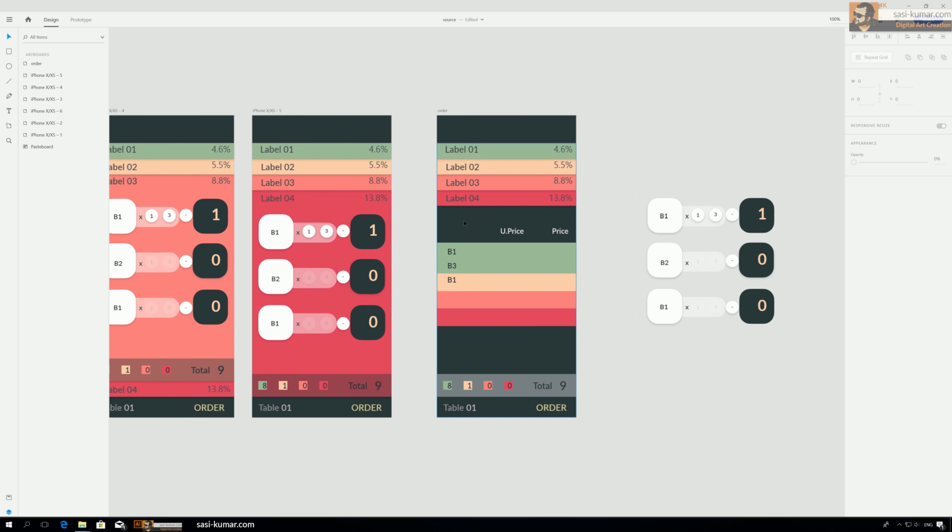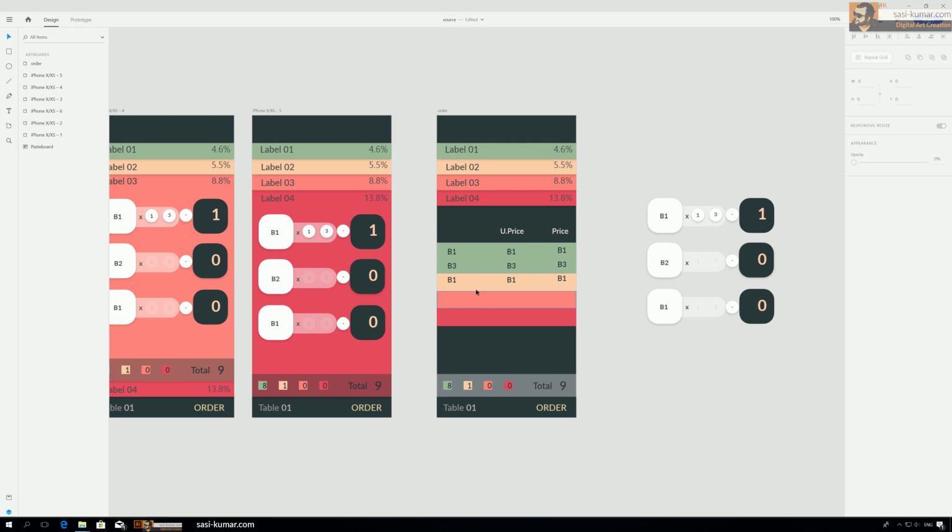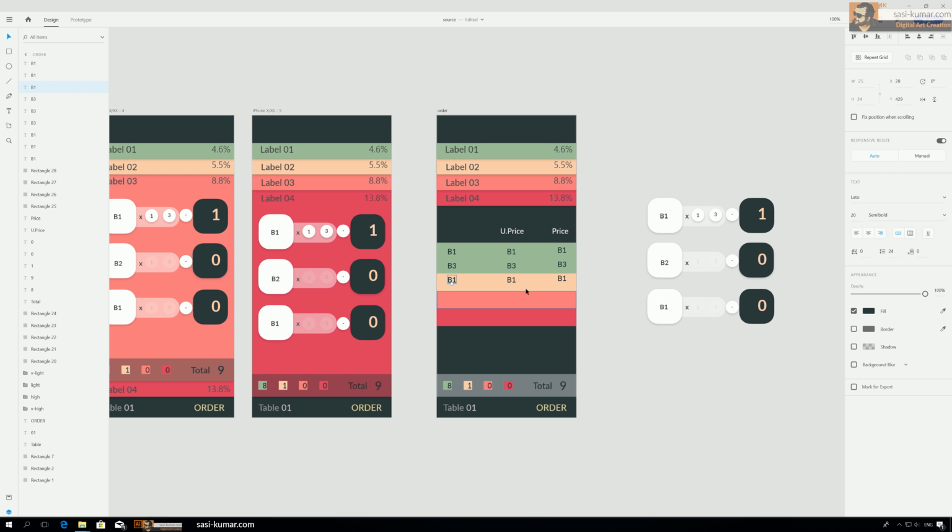Okay, and unit price, and the price, make them all align nicely. Okay,